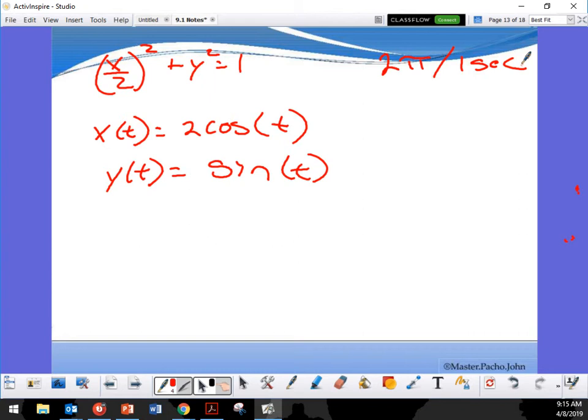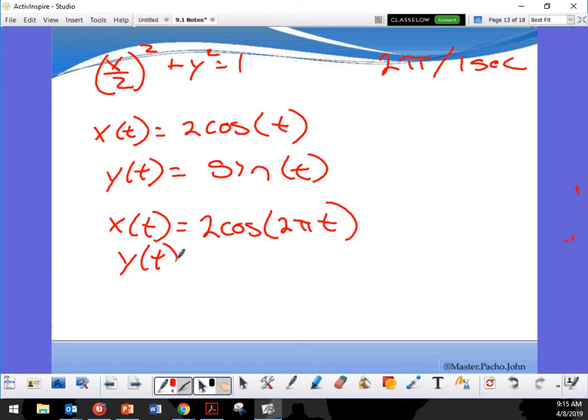So it's going to be x of t equals 2 cosine of 2 pi t, right? And y of t equals sine of 2 pi t. So it's the speed at which I'm actually traveling. And it's going to be from